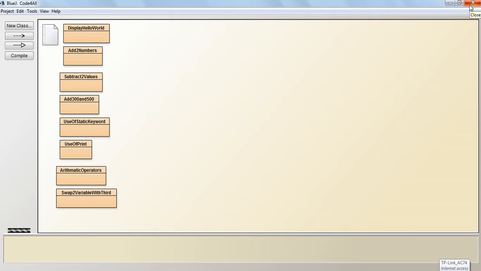Good evening. Today we'll be doing our second program to swap two values without using a third variable. I repeat, in the last program we did it by using a third variable. This one we will not be using the third variable, and we'll be doing some mathematical calculations in it to swap the two values. Okay, now let's start.